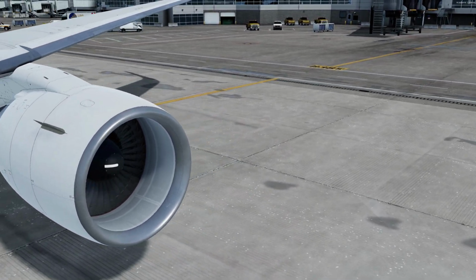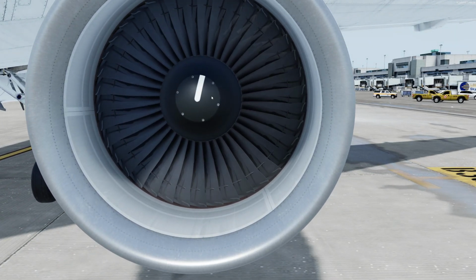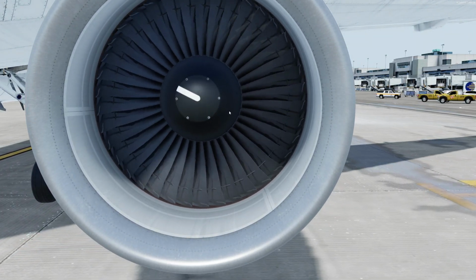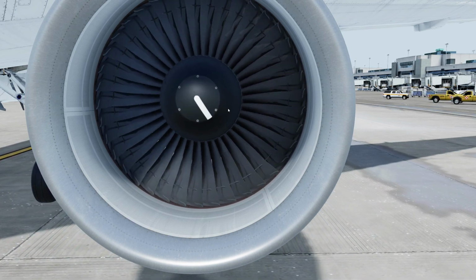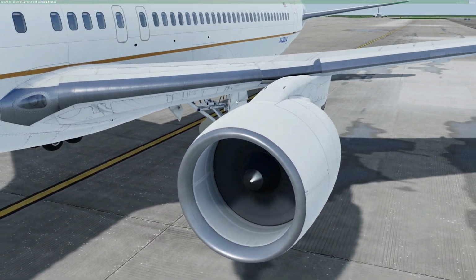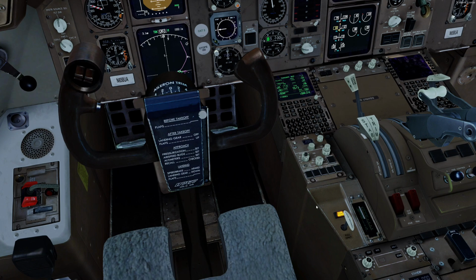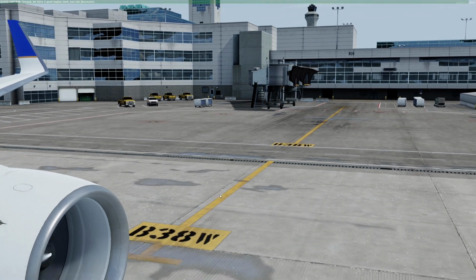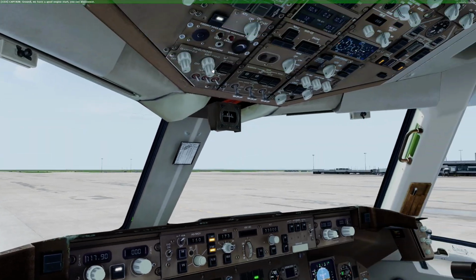This is what I love about Captain Sim. When it comes to modelling stuff, it's amazing. Buy now, PMDG, and there we go. I think the startup with the fan blades is a lot, I want to say smoother than FSDreamTeam PMDG, but